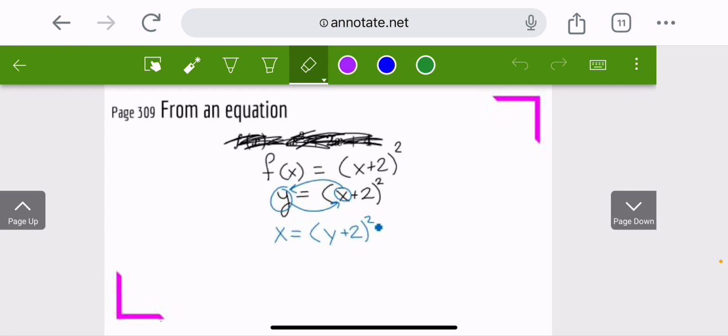So we need to fix this so it's a y equals, so we can have it as our proper math grammar. What do we need to do first to get y by itself? Square root. We got to get rid of the outside exponent first. So if I square root both sides, my square root and my square cancel out because those are inverse operations. So we have the square root of x equals y